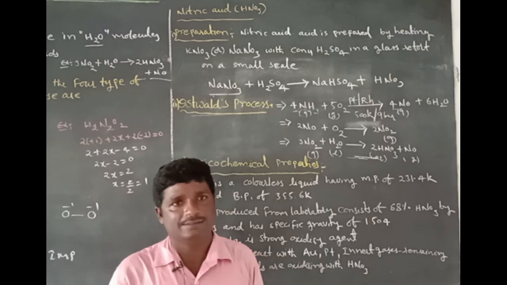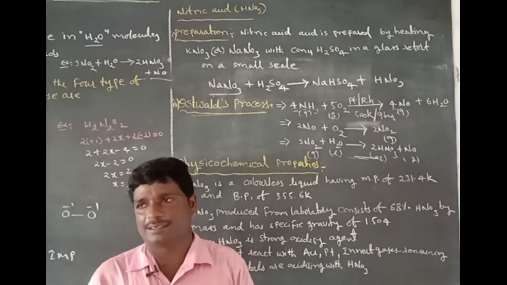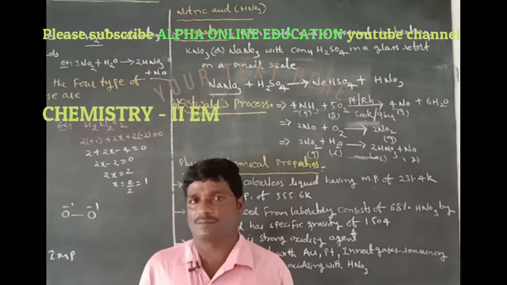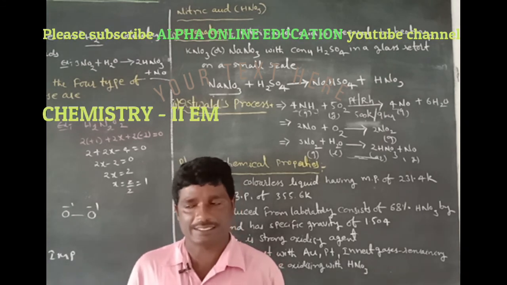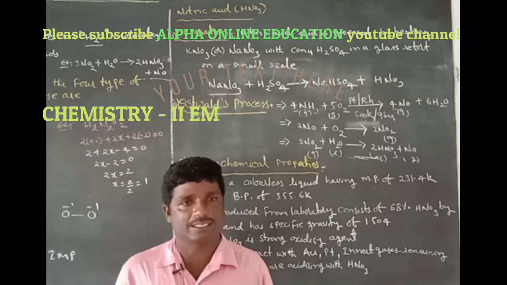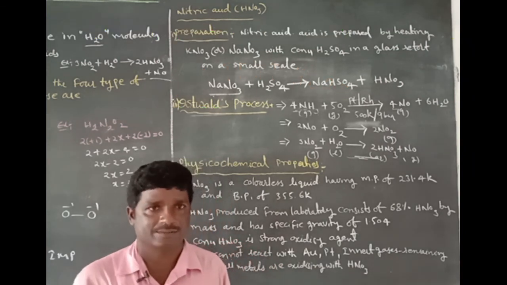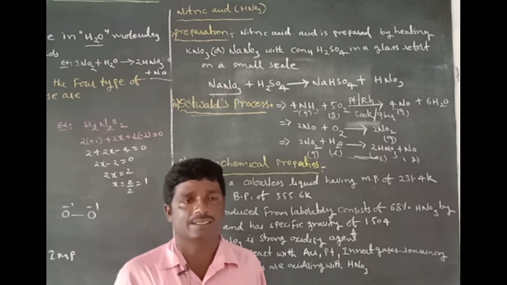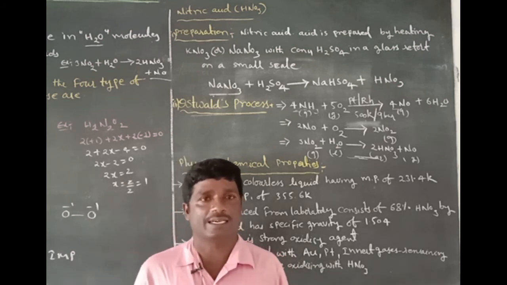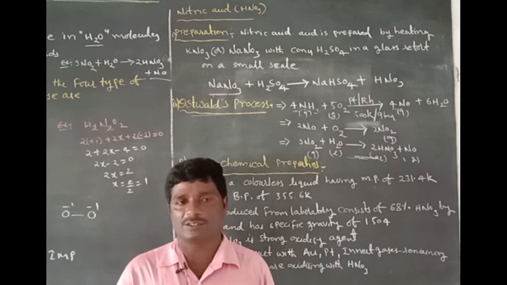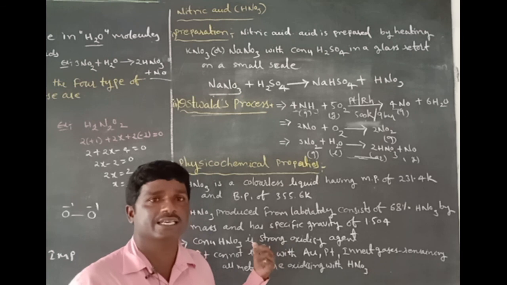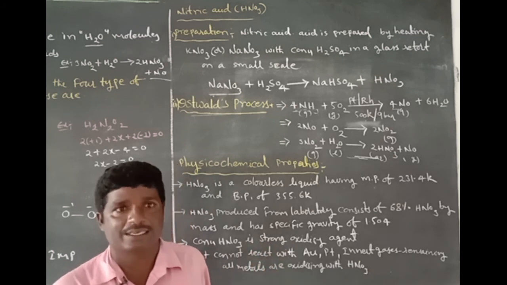Nitric acid does not combine with or oxidize gold, platinum or inert gases. It combines only with metals, forming metal oxides, for example zinc and copper. It also oxidizes iodine to iodic acid and carbon to carbon dioxide. Those are the different oxidizing actions in the physicochemical properties of nitric acid.